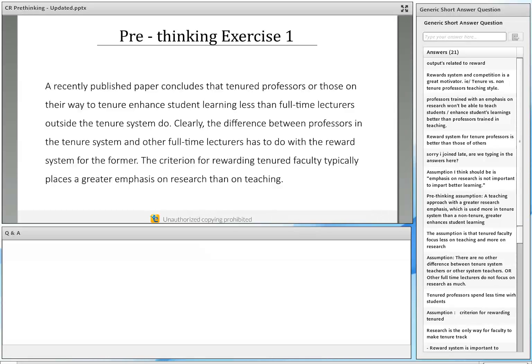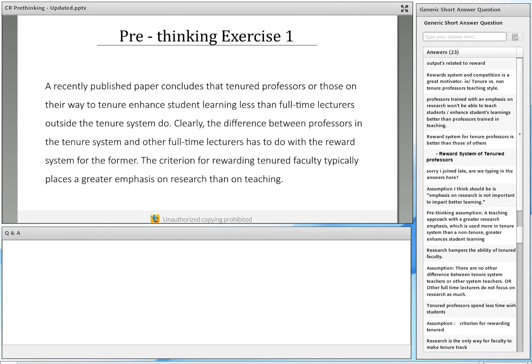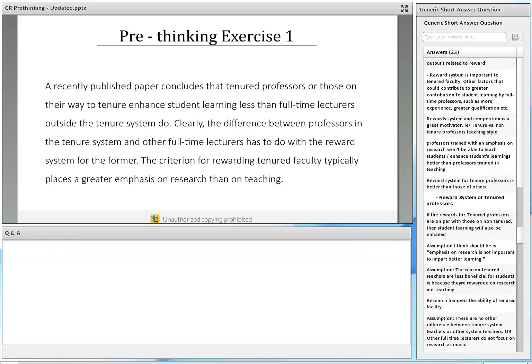We have 20 answers, but 4 really good answers, which I would say match the kind of answers you're going to see on the test. So let's look at this. The first thing we need to do when it comes to figuring out what an assumption is, is to figure out what a conclusion is.